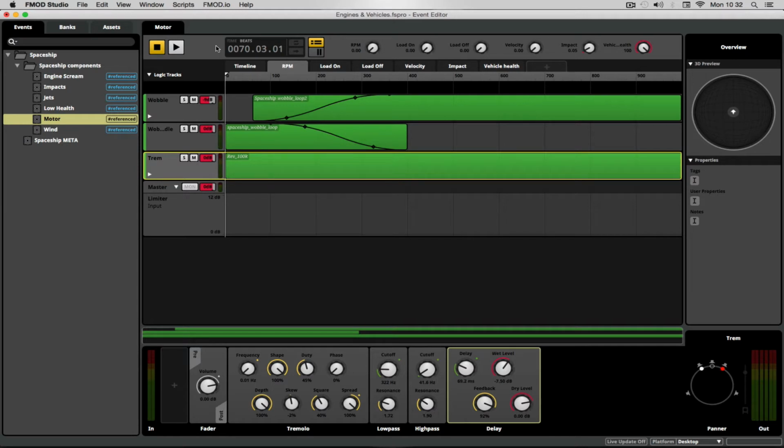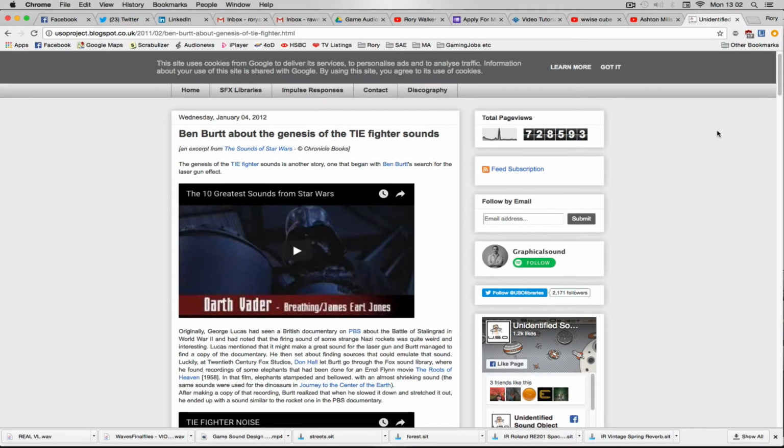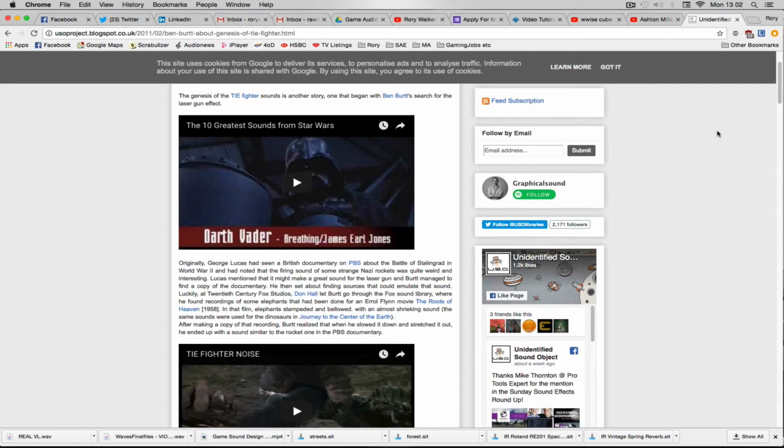The other thing that I felt was necessary here is an engine scream, something that would allow us to really show when the engine is put under stress or when the load parameter is going to go up, something I'm going to talk about later on. Here I was inspired to do some research into Ben Burtt's sound design for TIE fighters, because it's a very memorable futuristic space-like scream. So after some research, I discovered that the TIE fighter sound was mainly made from the